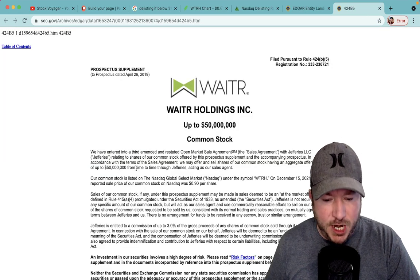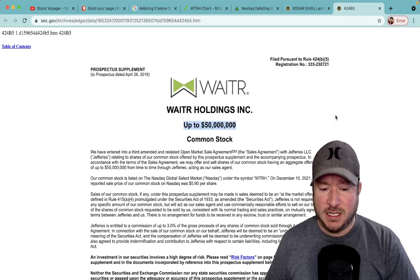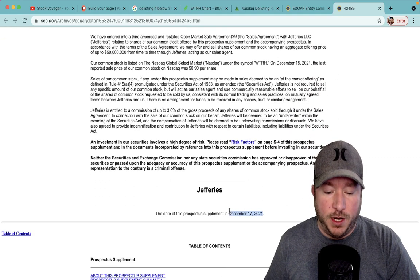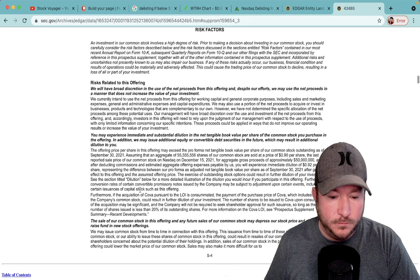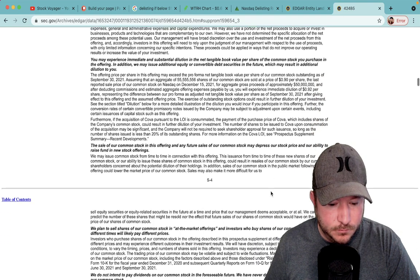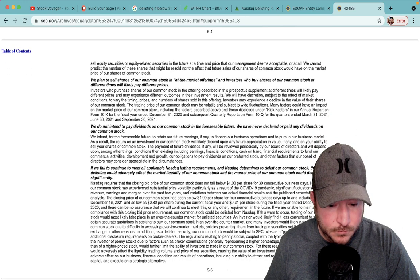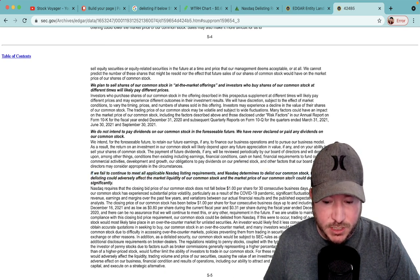They talk about the risk here whenever they did this $50 million at the market offering that started, I'm pretty sure it hasn't finished yet. This was on December 17th. So in this prospectus, they talk about this being a risk. If we fail to continue to meet the applicable Nasdaq listing requirements and Nasdaq determines to delist our common stock,